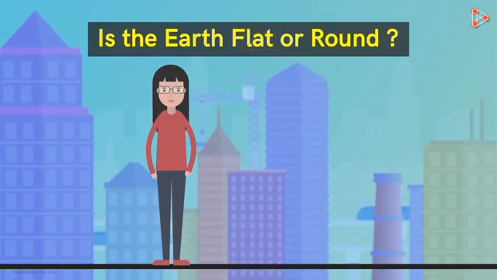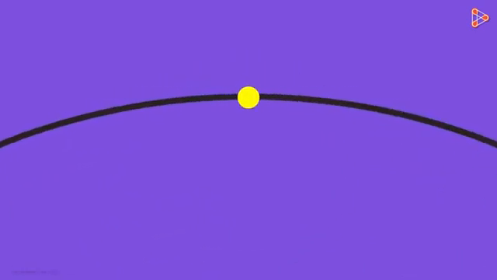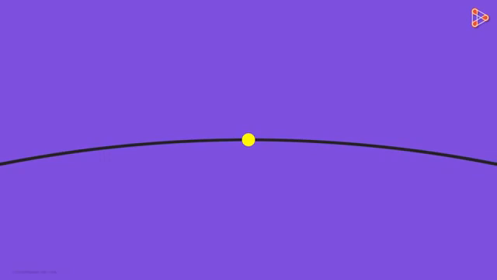Why is it so? Consider this circle as the representation of the Earth. And let's say you are currently situated here. If we zoom in around this portion of the curved line, we see that it becomes less and less curved. It looks almost like a straight line. So let's say we draw a straight line only intersecting the curve at this point. We can see that the curved line is almost the same as this straight line.